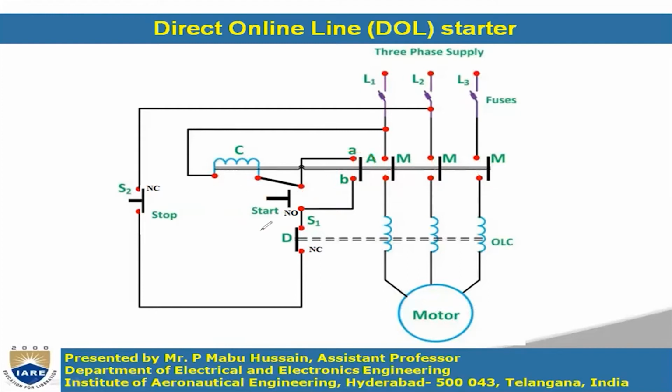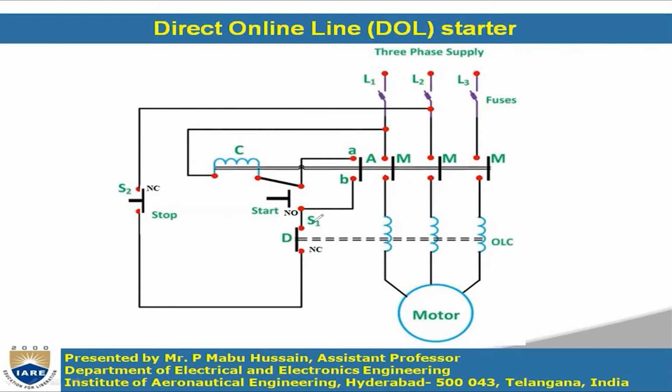Okay, now whenever you want to stop the motor, you have to press the stop button. Whenever you press the stop button, these two terminals will open, so the supply to this will be disconnected, right? When supply to this is disconnected, all the four poles will be opened. That means this A, B also will be open. Now even though you release this, as AB is not connected here, no supply will get to this coil, so the motor will be continuously off until you press the start button again.